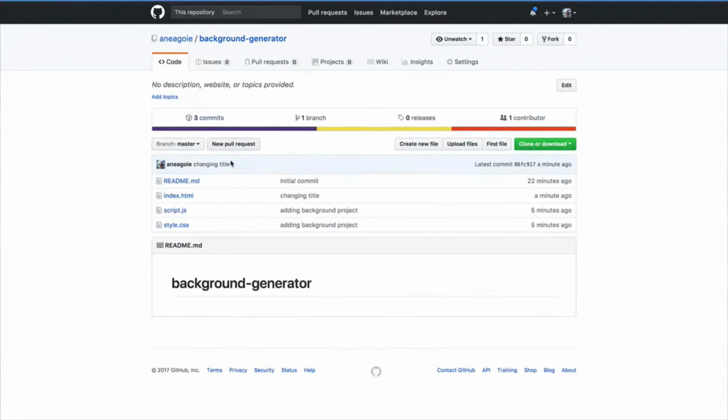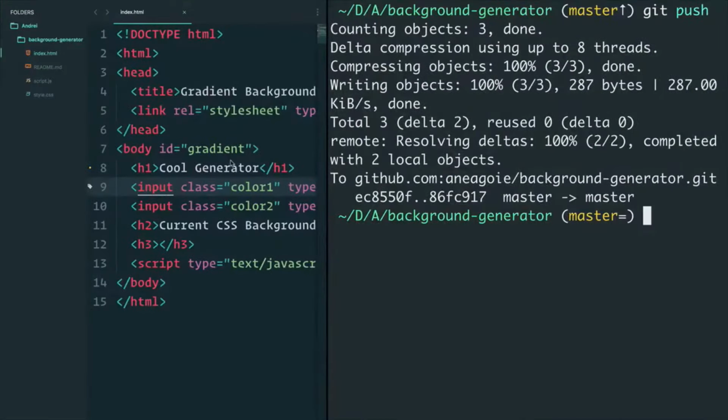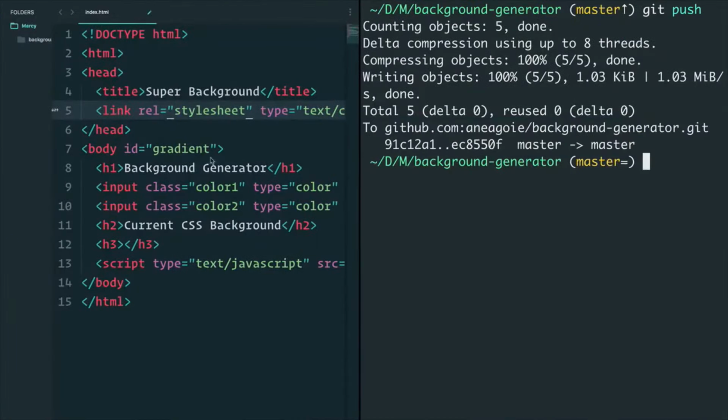If I go back to the code and I go to Marcy's computer, I see that, well, she still has background generator here. Why is that? Well, because her computer doesn't know that GitHub has been updated. The next command I'm going to show you, this is the last one I'm going to show you in this video, is git pull. So remember, git push to push the changes to github.com and git pull to pull whatever's the latest. So I do git pull,